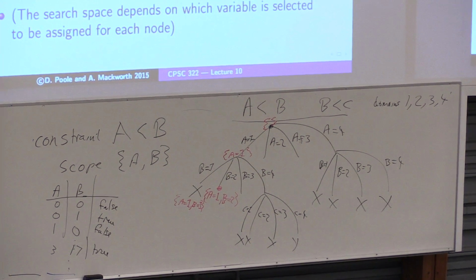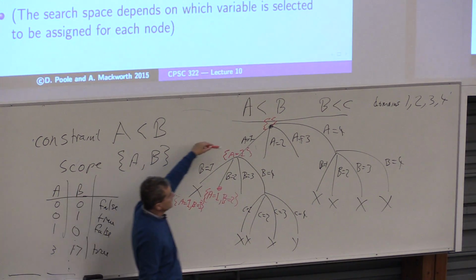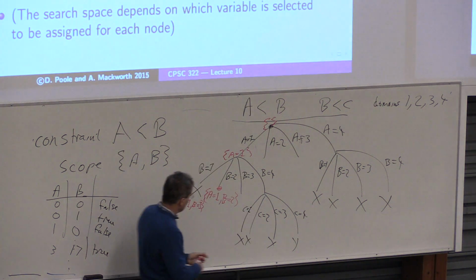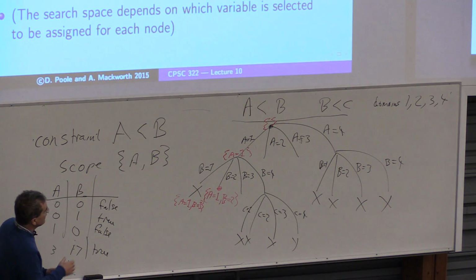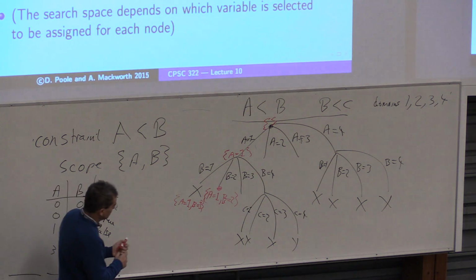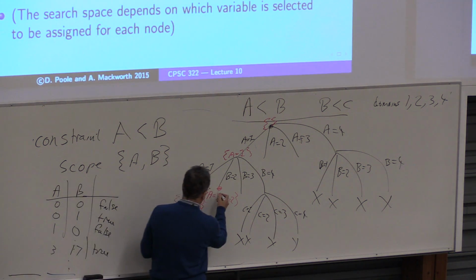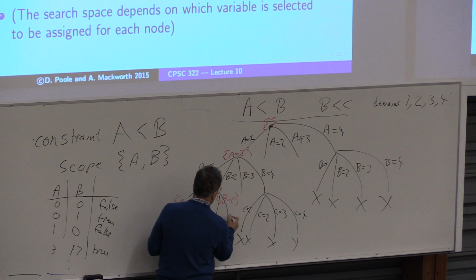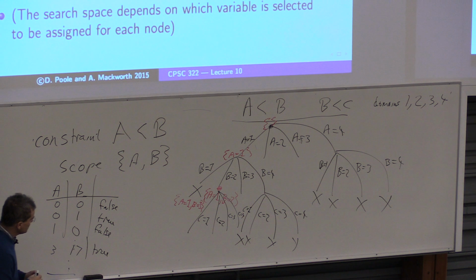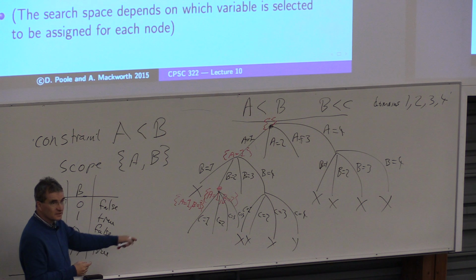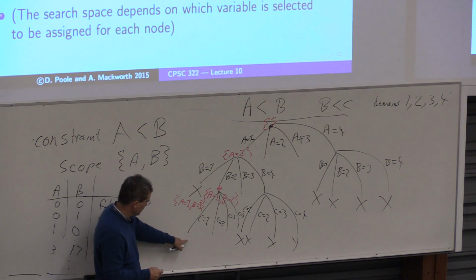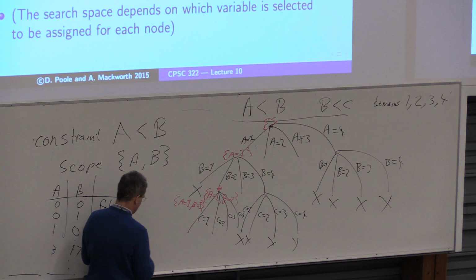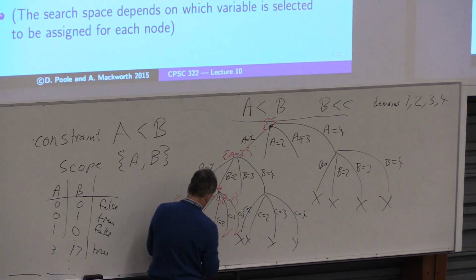The start node here is the empty assignment, and the goal node here is an assignment that satisfies all of the constraints. We don't have one yet, do we? We can build one here. So C is 1, C is 2, C is 3, and C is 4. Are any of those solutions? Are any of those nodes down here solutions? Which ones? Right, so this is a solution. This is a solution. And this is not, right?